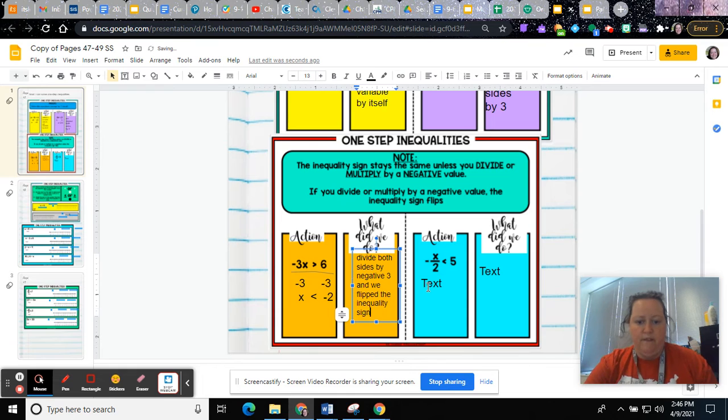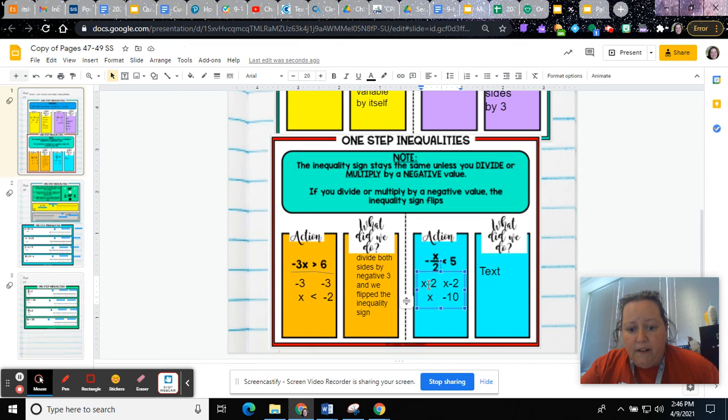On this one, we would multiply both sides by a negative 2. And so when we do that, negative 2 times, well, the 2's on the bottom cancel. You're left with x. And then 5 times negative 2 is negative 10. And then when you look to the sign, since we multiplied both sides by negative 2,